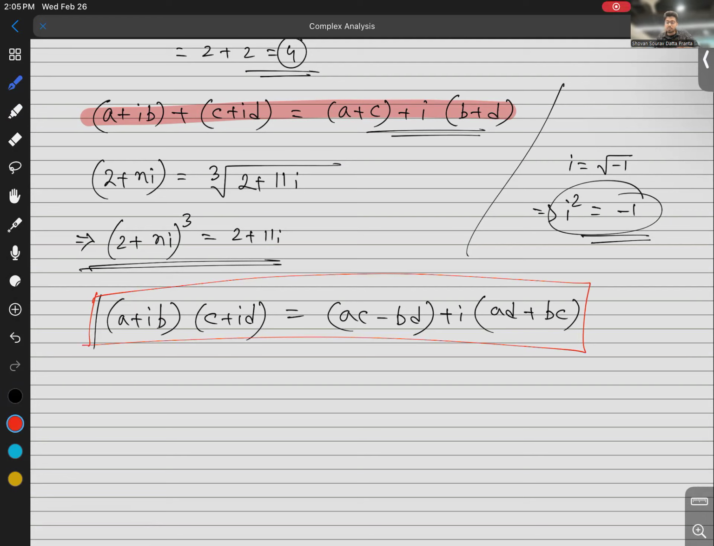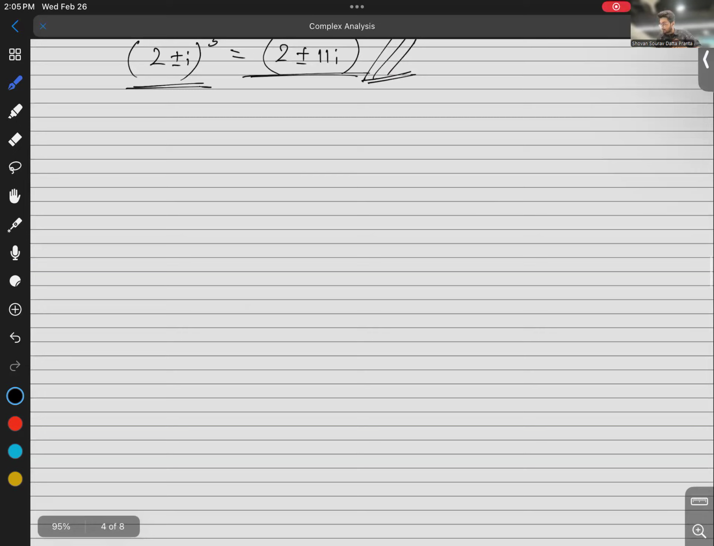So later, after some calculation, it was valid that (2 plus minus i) whole cube is basically 2 plus minus 11i. So this is where the first substantial calculation of complex numbers began, and after that many mathematicians invented many things, but the main history came from this part, where the complex number made its first run into the real world. Later,